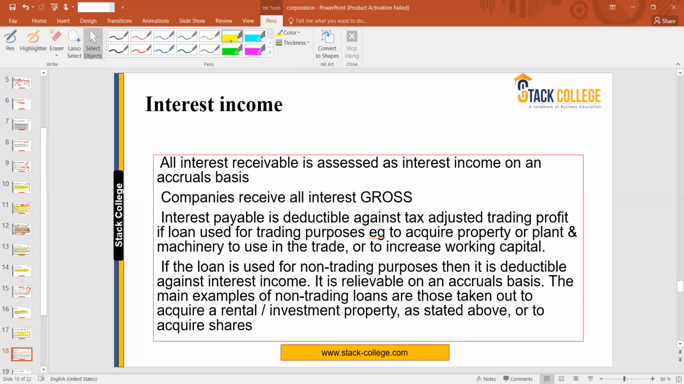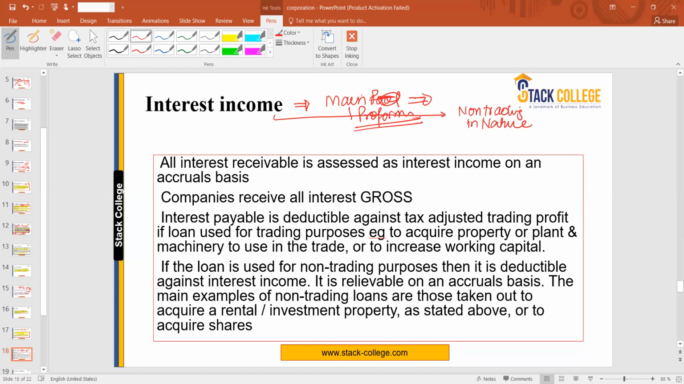Interest income rule is quite different. Interest income in the case of a company is always part of the main pro forma, and whatever the interest income is, we will consider that interest income always as non-trading in nature. So that's why it's always part of the main pro forma. We have to consider this in the main pro forma. Whatever interest is received by the company is all gross,